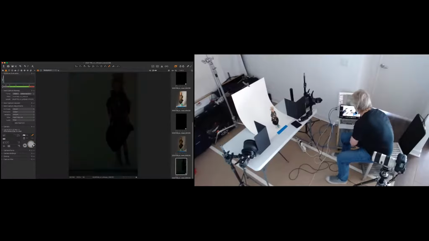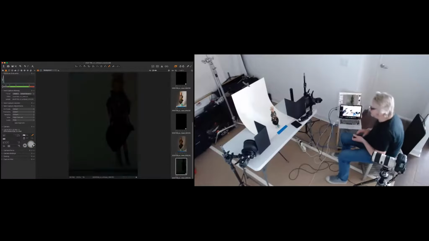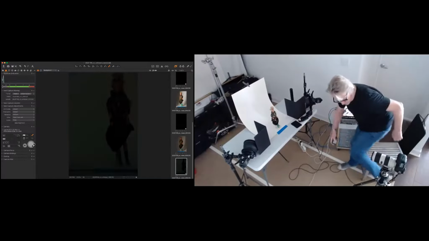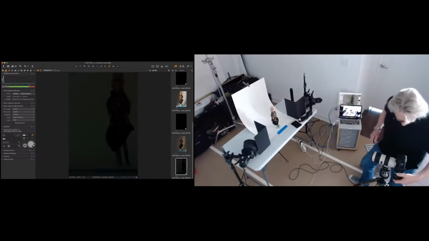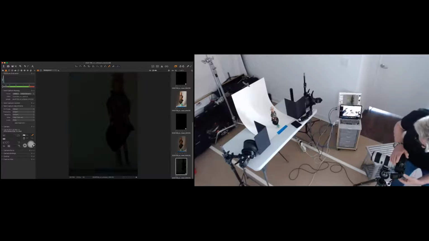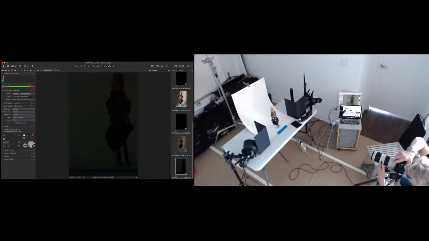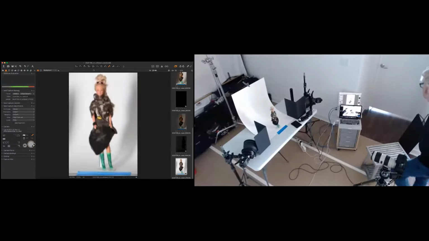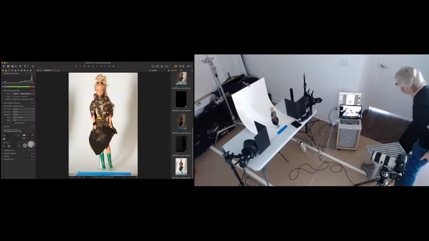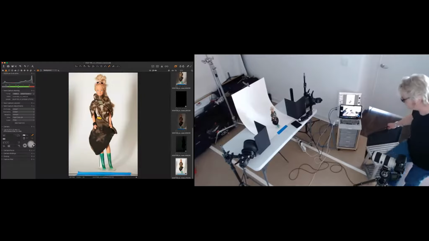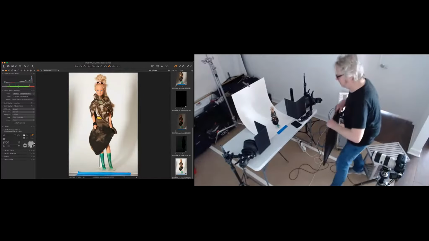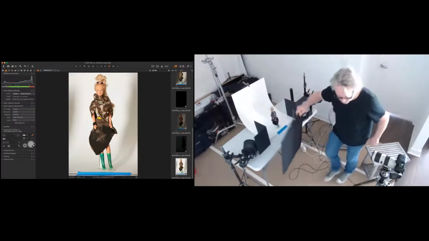Ambient light check. Oh, looks like I've hit my camera too. Hang on. Oh, I don't have my trigger on my camera. That would explain volumes. So back to where she was. Exposure looks close enough. And again, I'm going to try my very same trick.